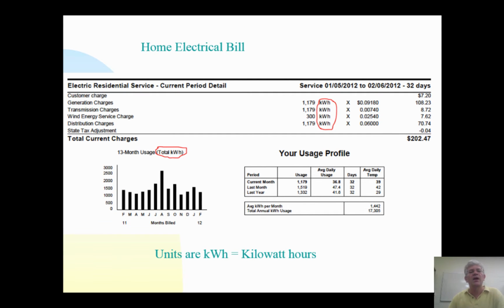Okay. So let's come back together again. If you looked at the bill, you saw that the unit of energy is kWh, which stands for kilowatt hours. So we talked of the 100-watt light bulb. If we have 10 of those bulbs going together, that uses 1,000 watts. That's 1 kilowatt. And then if we had those 10 light bulbs running for 3 hours, the energy we would